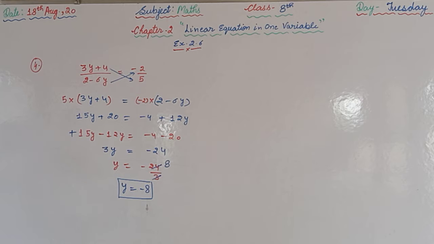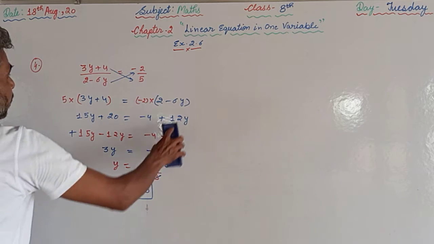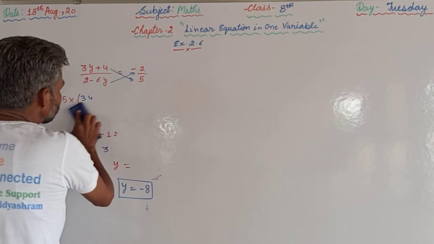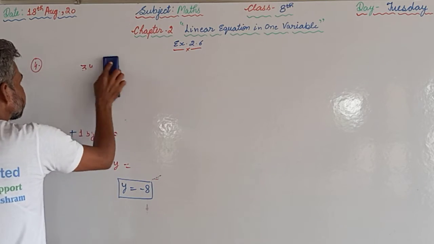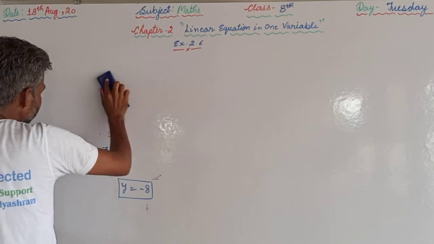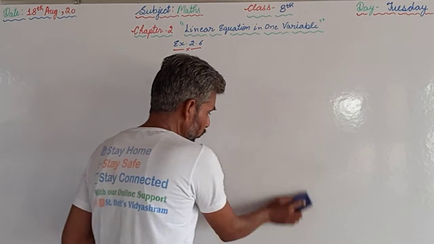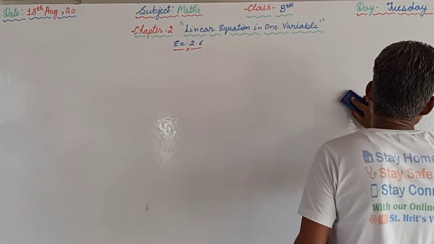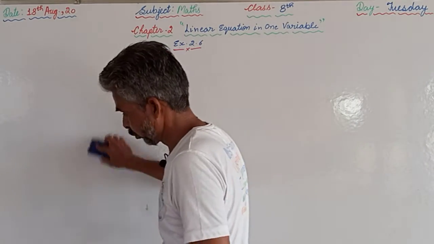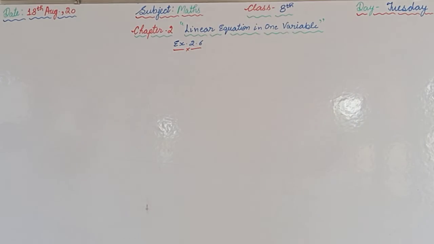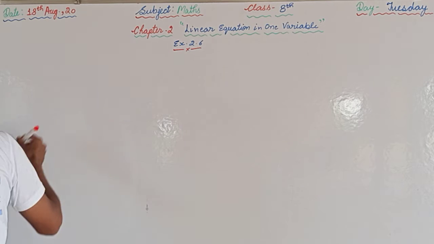At the same time we will try the word problems, that is question number 6. You should read question number 6. As I told you previously, whenever you are watching the videos, you are supposed to keep your textbooks with you so that you can easily understand what is given in the question. So the question number 6.